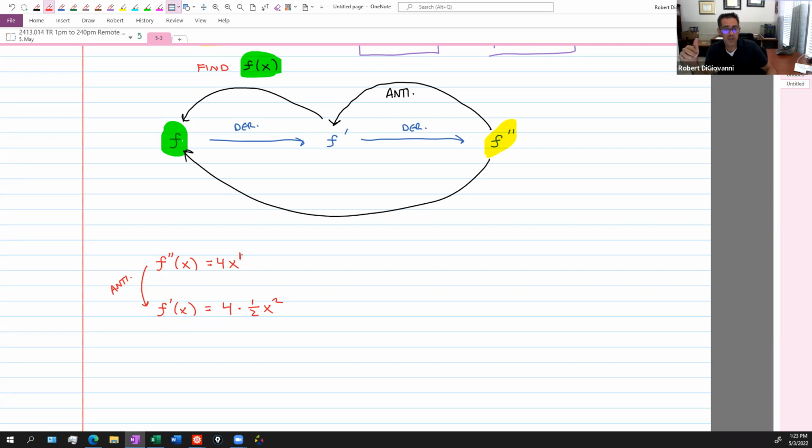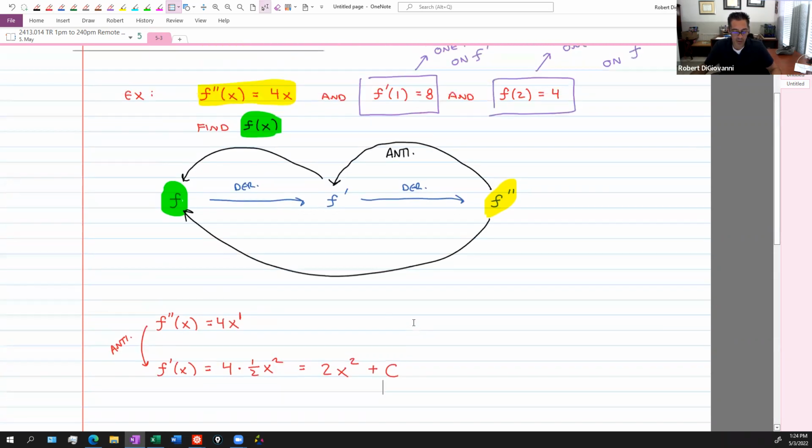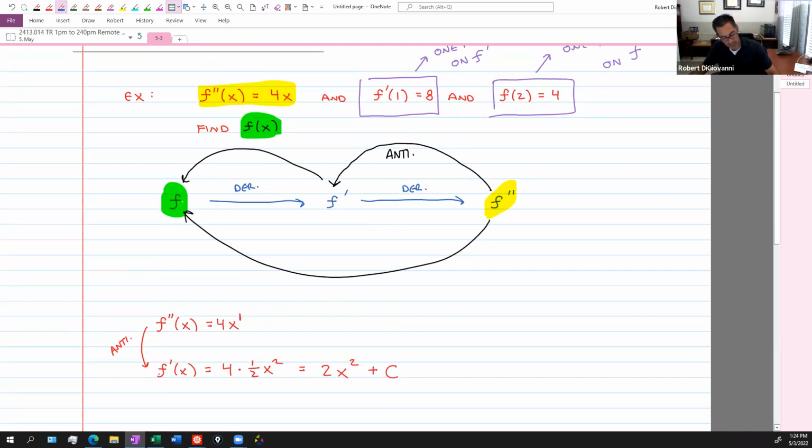Everyone good? So this is just 2x squared, plus some constant. I don't know the constant, I don't know what it is. But